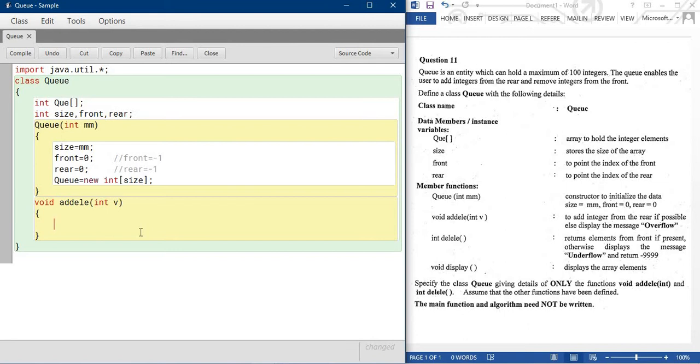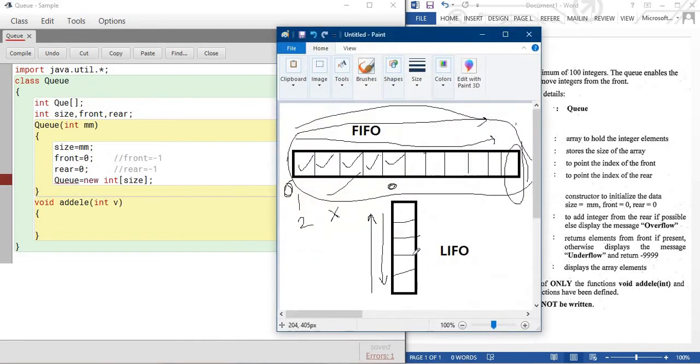So to add an integer from the rear if possible. Otherwise we can say here message overflow. When will the message be overflow? If your rear has reached the end position over here, then you can see the message overflow. Otherwise you can enter a value.